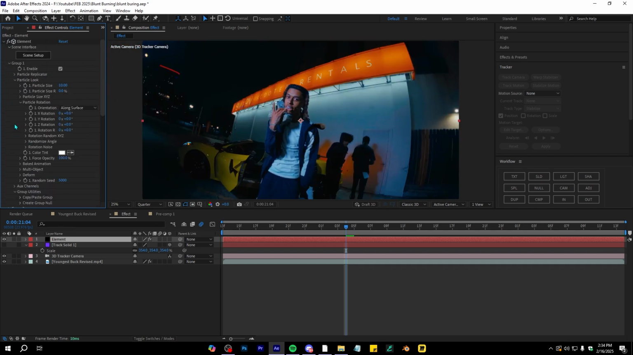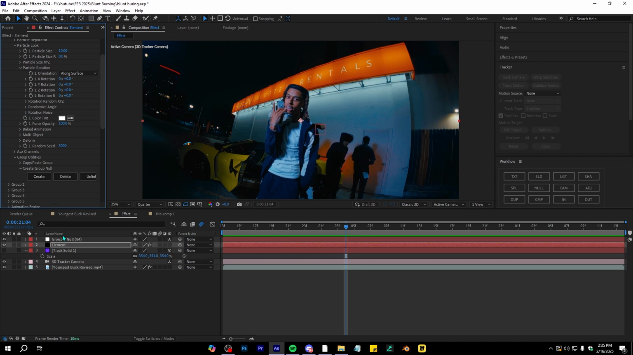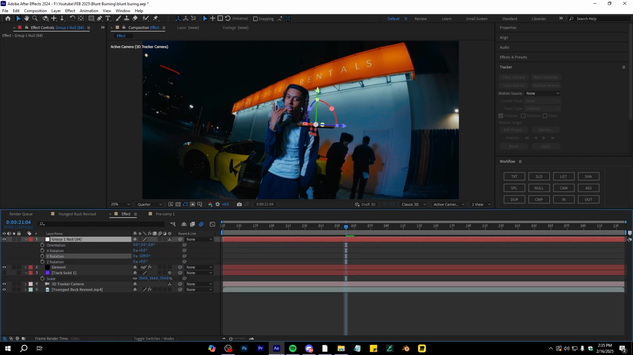small right here. And firstly, we're not gonna adjust any position value from the group 1. We're actually gonna use a group null to do that. So just scroll down, and in group utilities on that group, in one section called create group null right here. Then just hit create on there, and it will create a new null on your timeline right here. And if you select this, you can see you can move your blunt with it and do all that